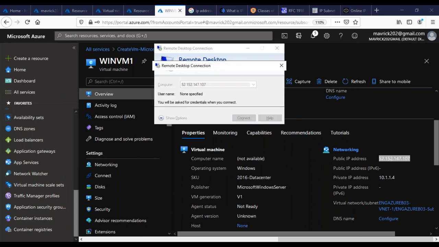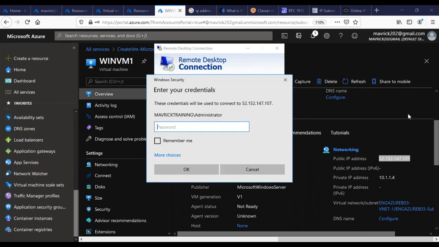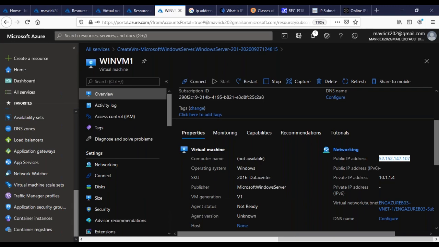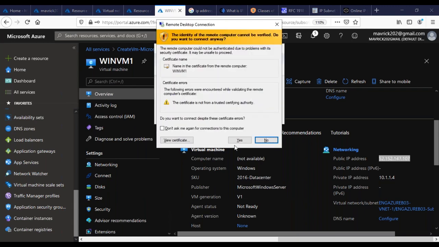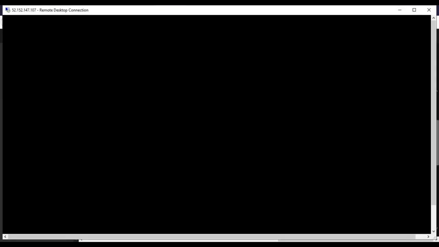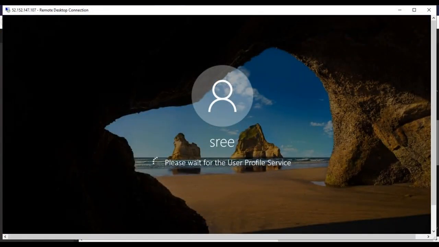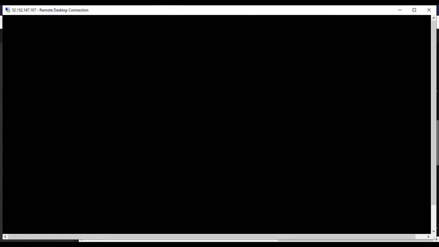And hit enter. It is asking for credentials. It is not part of the domain, so I'm going to use localhost, or you can use the IP address, but I use localhost, and I put Sri and the password which I created when I deployed it. Click on yes. That's it, guys.